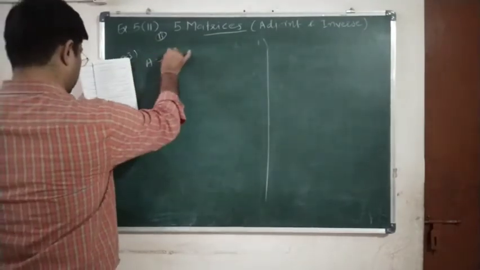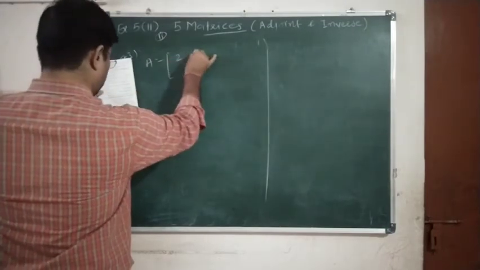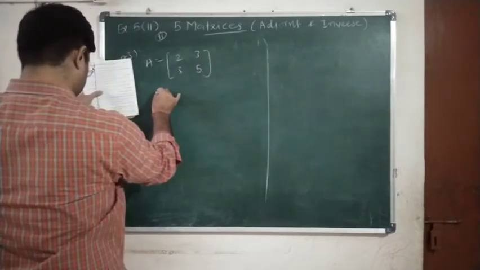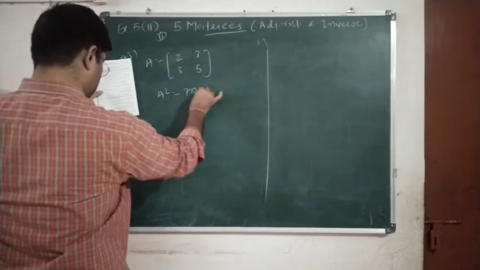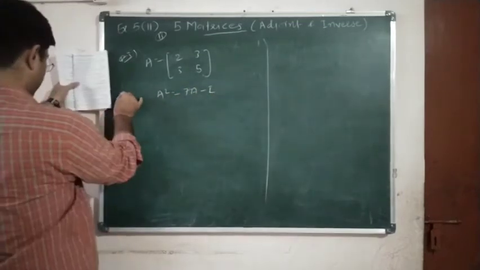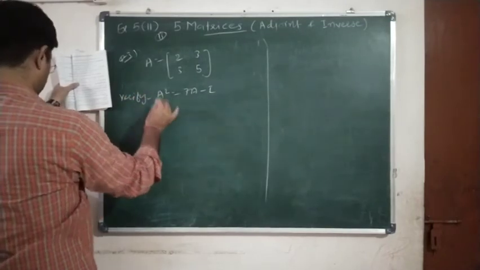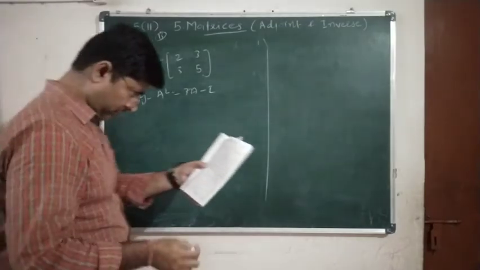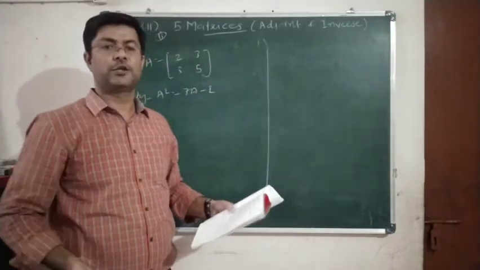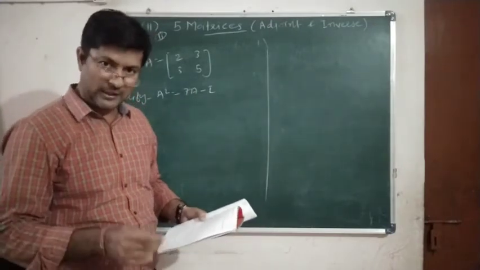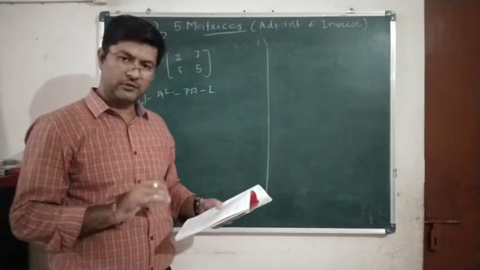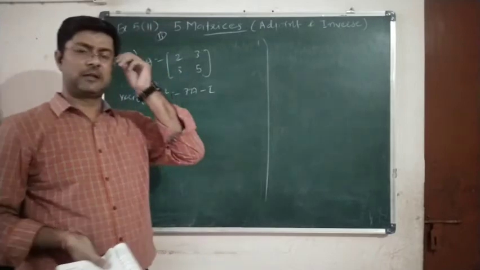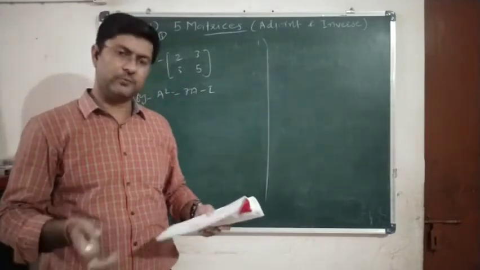We are given here matrix A, 2, 3, 3, 5. We have to verify that A square is equal to 7 into I, and hence we have to find. See, second I am not doing because it is a property. We know that A into adjoint of A is equal to determinant of A into I. Yes or no? So the properties we need not prove. Clear? That you should remember, because such questions will always be asked in the objective type of questions only in the competitive exams.